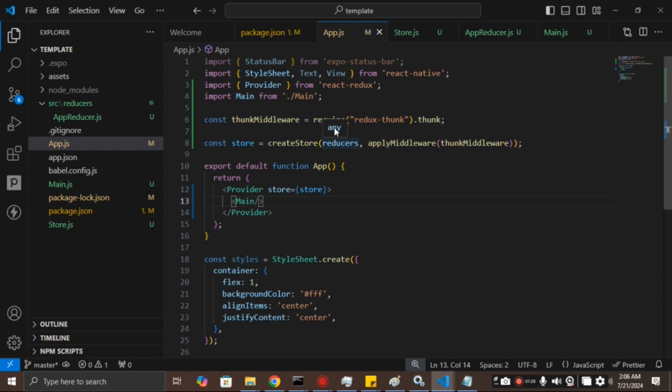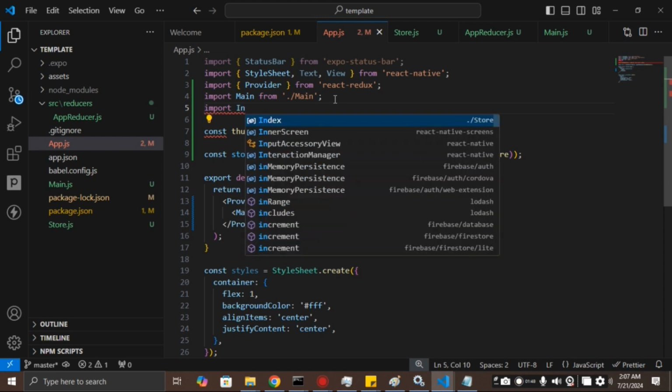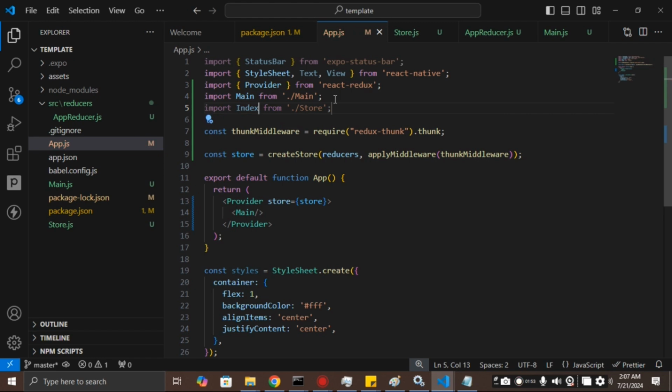As you can see, when you hover over it, it shows any. It basically means that it doesn't know where this is from. So let's import it from the store.js. So I'll just say import index from